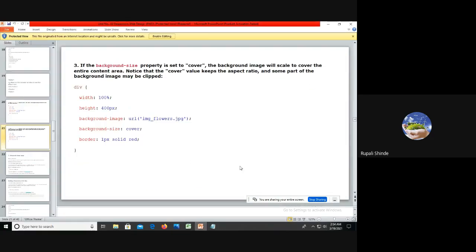One more property we have here, that is cover. If the background size property is set to cover, the background image will scale to cover the entire content area. Notice that the cover value keeps the aspect ratio and some part of the background image may be clipped.